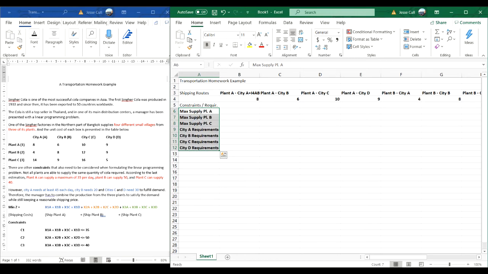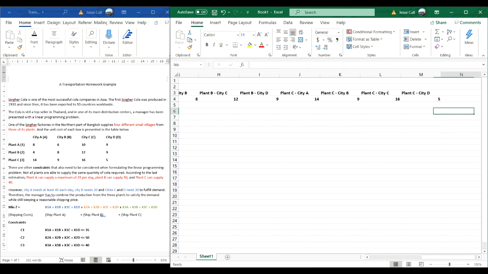So we didn't do it this way last time, but we can do it this way this time. It doesn't matter. I clicked on the wrong thing. So here we have x1a, plant A to city A, x1b, plant A to city B, x1c, plant A to city C, and x1d, plant A to city D,